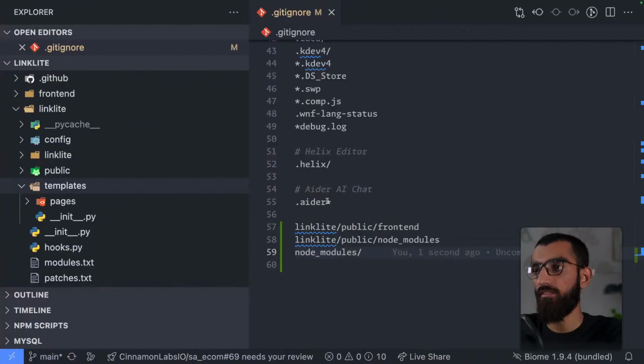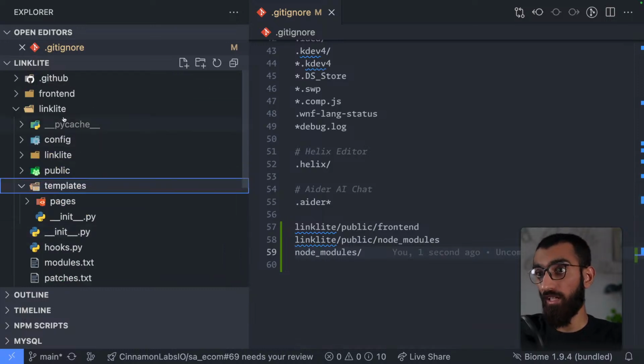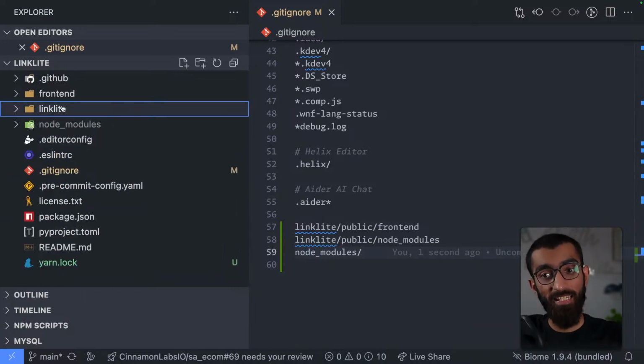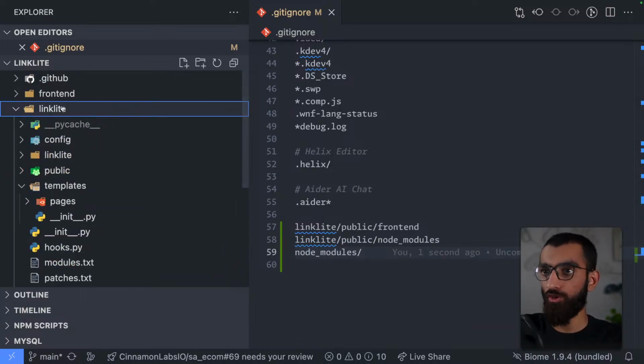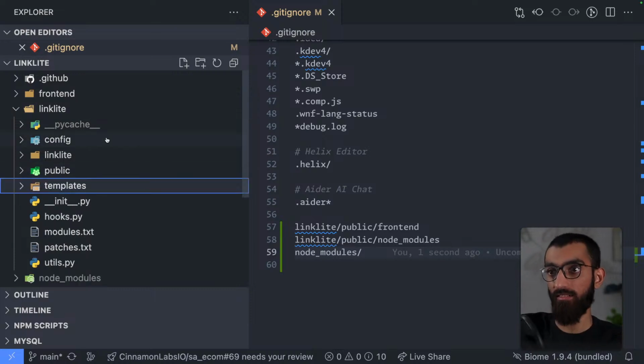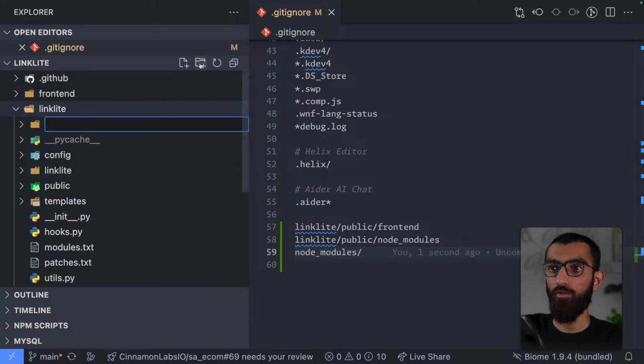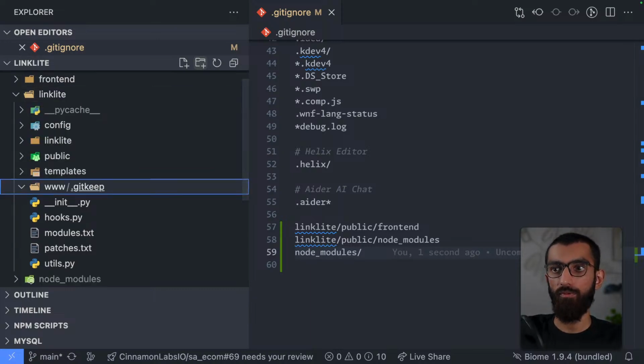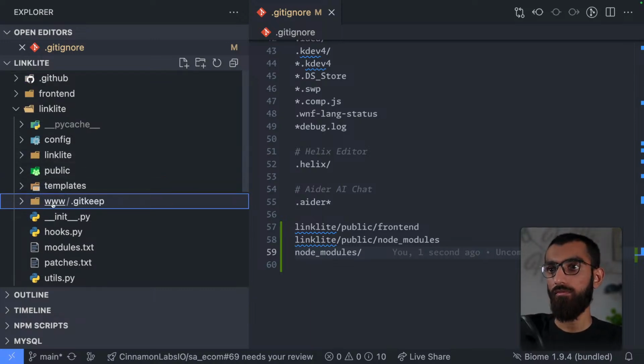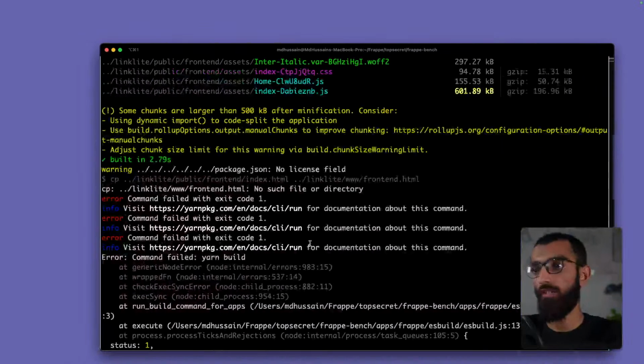So there is no www directory, even though it gets created when you create an app, but it's not pushed to GitHub because it's an empty directory. So we'll have to create a www directory, and inside that we'll need a git keep file, which will make sure it's pushed to GitHub. And now if we try to run this command,